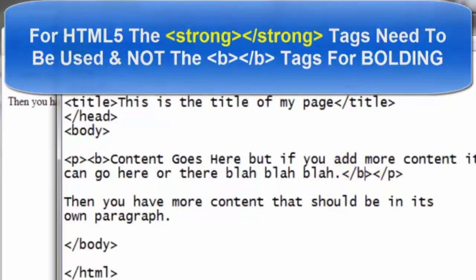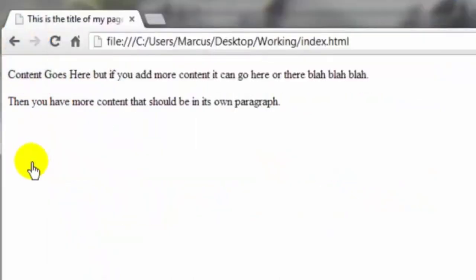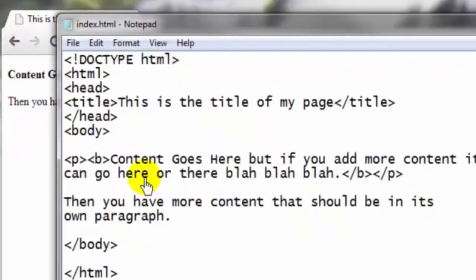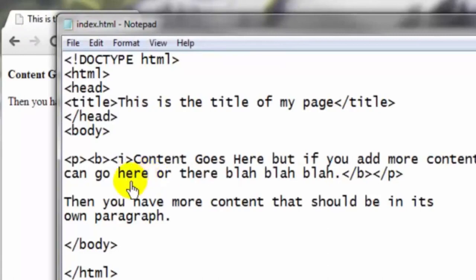/P and /B. Save this. Come on back here, refresh, and there you go. Now we want to add some italics. So we put in the I for the italicized opening tag. And remember, we need to put the closing tag in the opposite order, so we want to make sure that